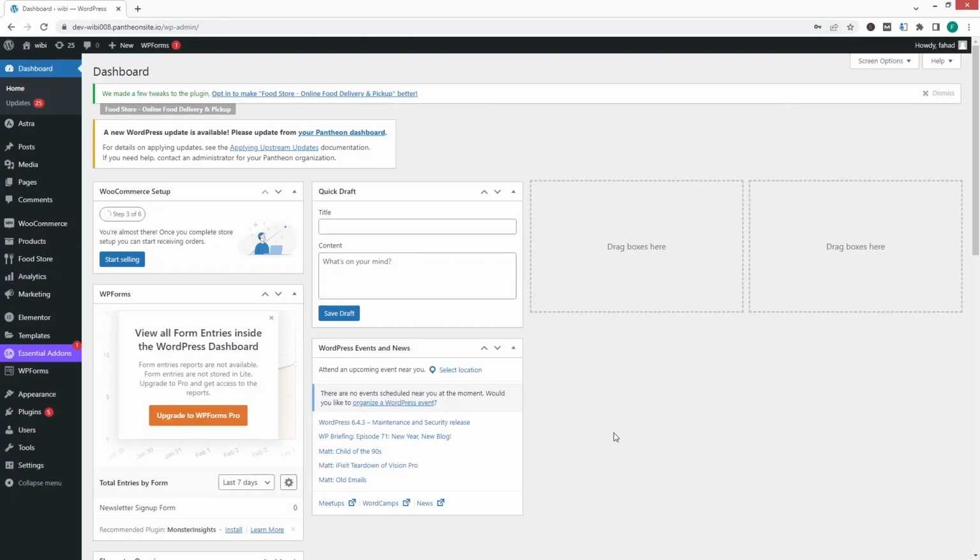Hi everybody, today I'll show you how to accept donations on WordPress. So let's just begin. To accept donations in WordPress, the first thing that we need to do is